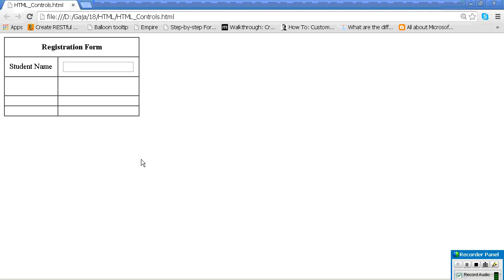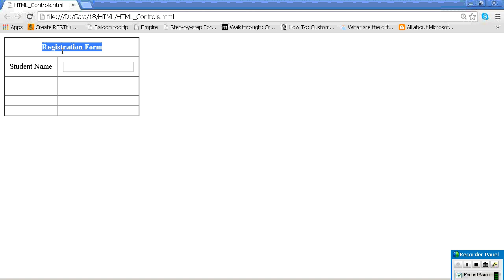Okay, so to make it attractive, you are doing a lot of things here. You are giving align equal to center and you are giving bold. But in the HTML table, we have a tag which will take care of making it centered and bold. What is the control name? It is TH. You are using TD as of now to show some data. I forgot one control called TH. We will use TH to make any text a header.